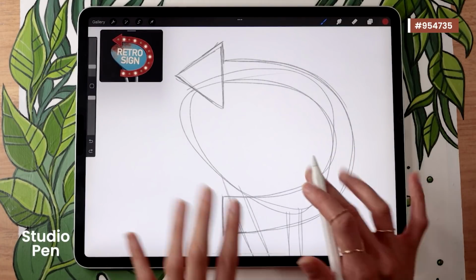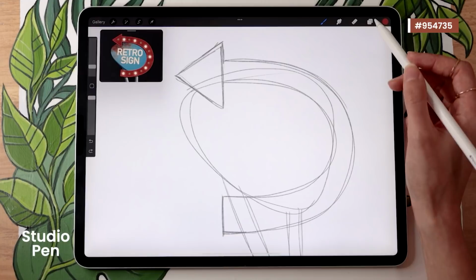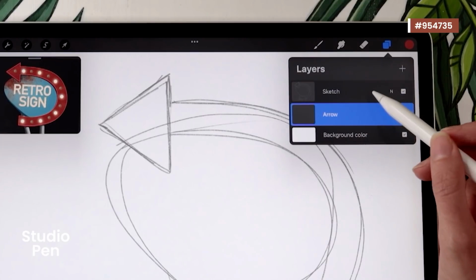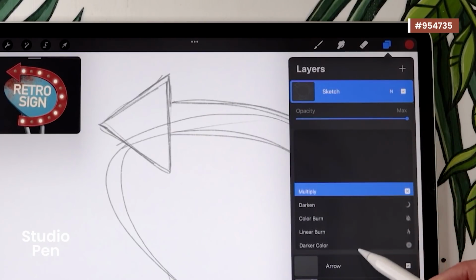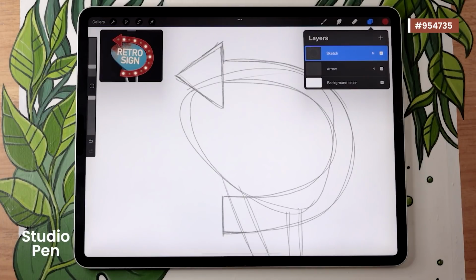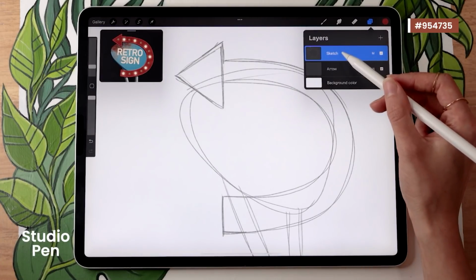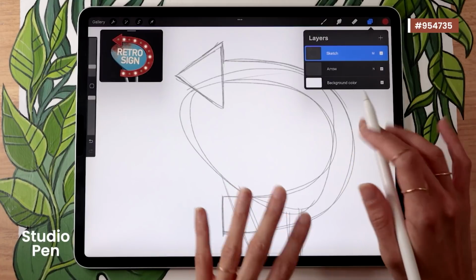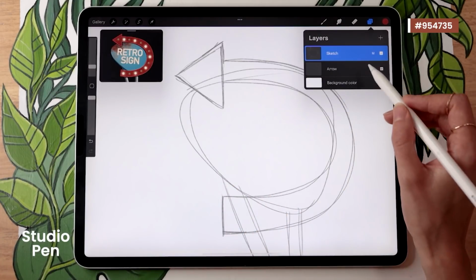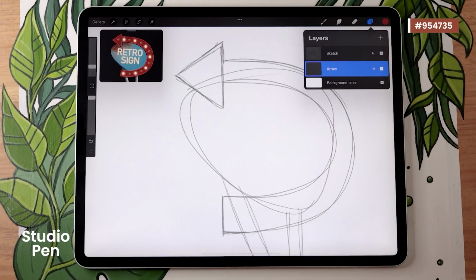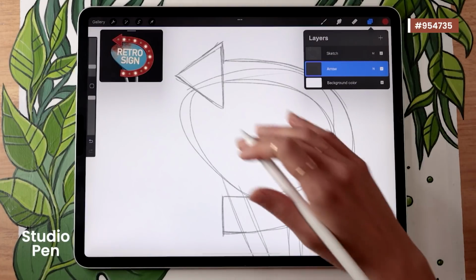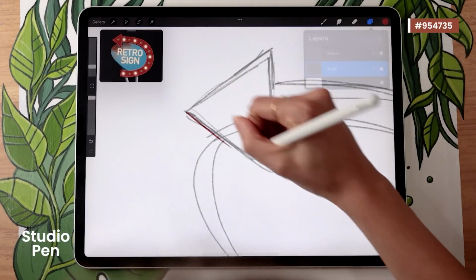Oh, and I almost forgot, depending on the color you use for your sketch, it might be a good idea to go ahead and change the blending mode of your sketch to multiply. And without getting into all the details about multiply, just think of it as something that is going to allow our sketch to be very contrasted no matter which color is underneath. So that way we can go back on the arrow layer, start outlining everything, and we're going to be able to differentiate the sketch from the color really easily. Then all you have to do is trace the outline of your shape and fill it in.